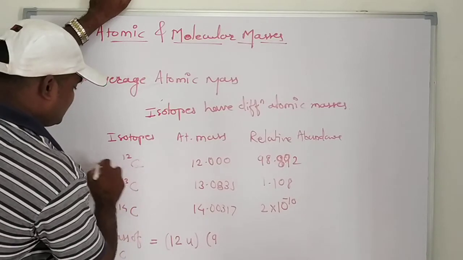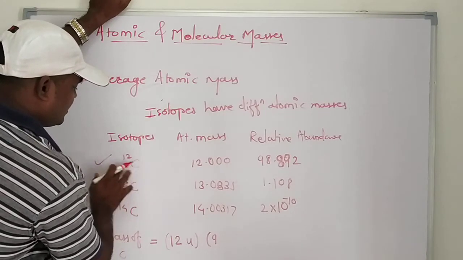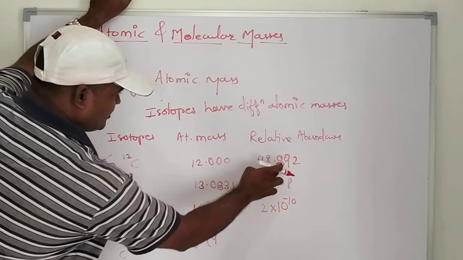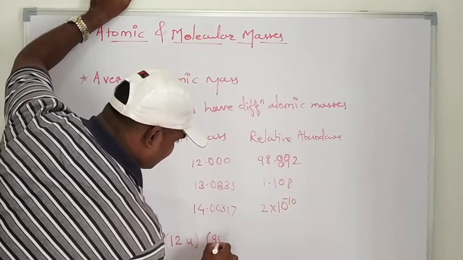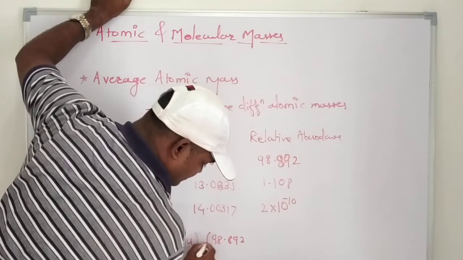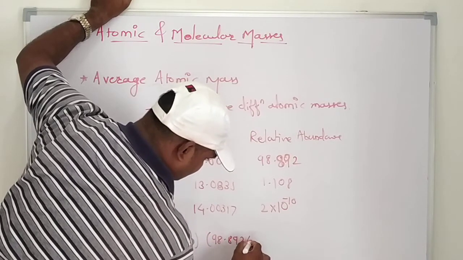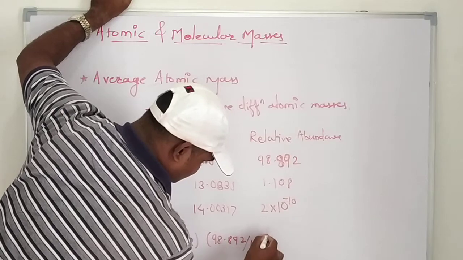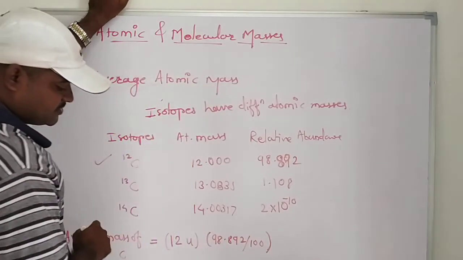For C-12 we calculate its atomic mass multiplied by relative abundance 98.892 divided by 100. In a bracket you enclose it, plus